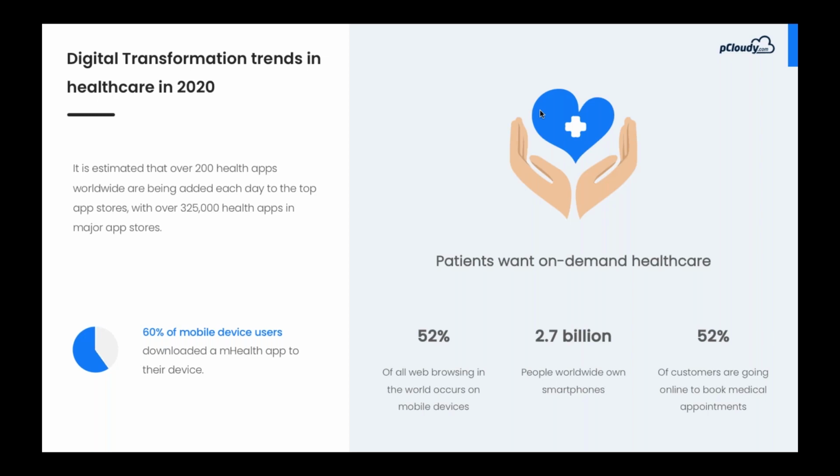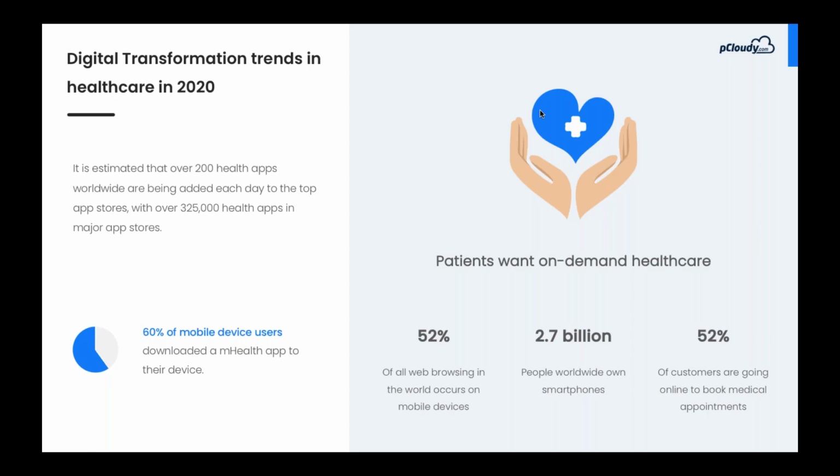So 2020 started with the onset of COVID. So digital transformation has got a never before push. One of the memes circulating online, which you might have seen, is: who led the digital transformation in your organization? Is it your CEO, CFO, or COVID? You can just probably think who led that initiative. So COVID has given a huge push to the digital transformation initiative across different industries, and the same is true for